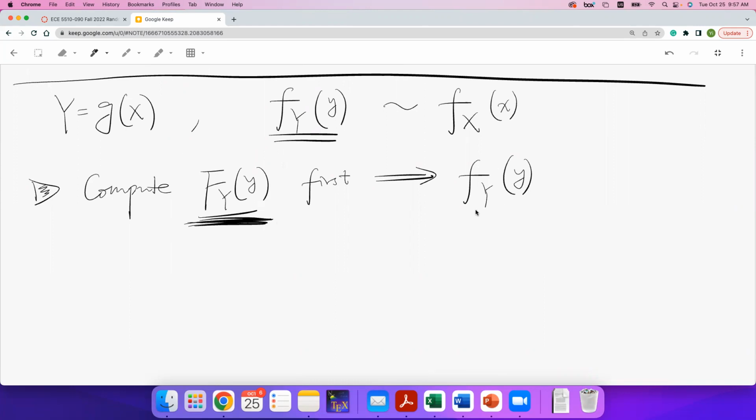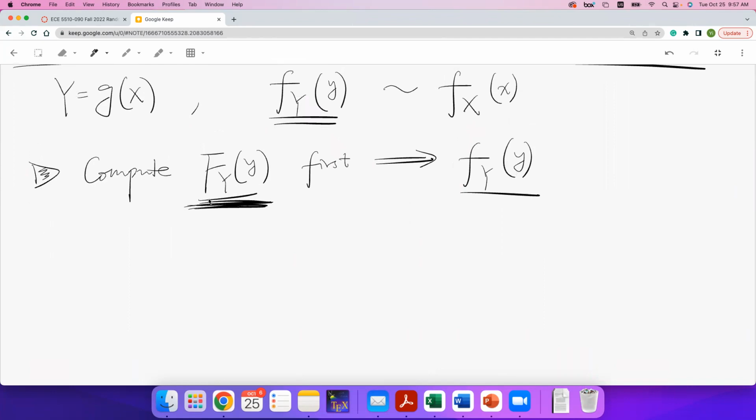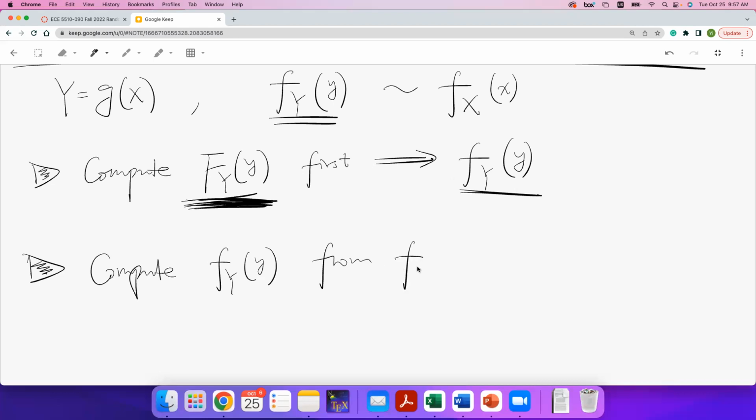Once this is done, we can further compute the PDF function. But this is a kind of complicated approach because we need to go through the CDF first and then get to the PDF. Now, the second approach is to directly compute the PDF of y from the PDF of x. Okay. If this is given,